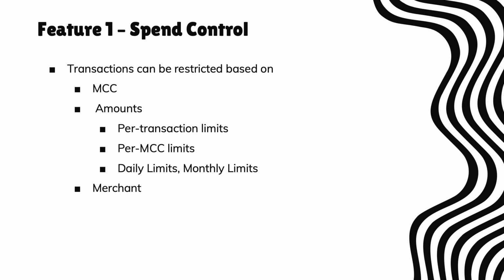Second, the spend is controlled based on transaction amounts. It could be to define a single transaction amount, or it could be amounts that can be spent on a given day, or the amounts that can be spent over a month, etc. Let's look at an example. Say if a corporate card is issued to an employee and the company wants to cap the daily limit based on the employee level, then the company can do so. Finally, the commercial card can be restricted based on the merchants as well. Say a purchasing card can be restricted to be used only to pay a given merchant.